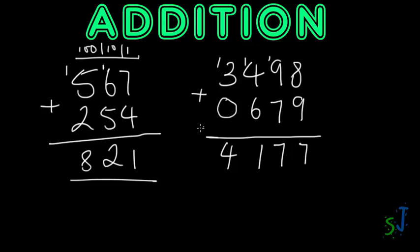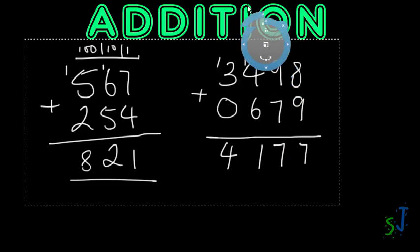Okay, so one other thing that I think we should go through is, can you add multiple numbers using this method? And the answer is of course. Even if you've got a million numbers that you want to add together, hopefully you don't have a million numbers, but if you have say 5 or 6 numbers or even 4 numbers, say we have